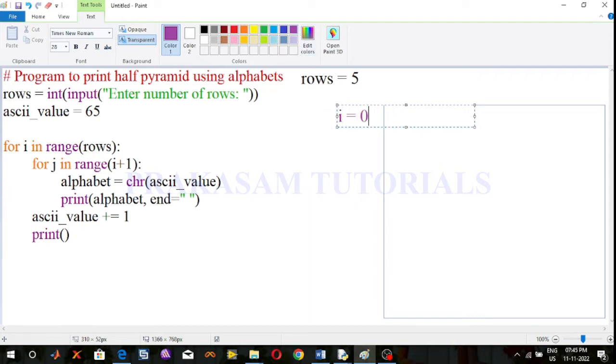i is equal to 0 indicates the first row. i is equal to 1 means the second row. i is equal to 2 means the third row. i is equal to 3 means the fourth row. i is equal to 4 indicates the fifth row. The number of rows is 5. And here the range of i values is 0 to 4,